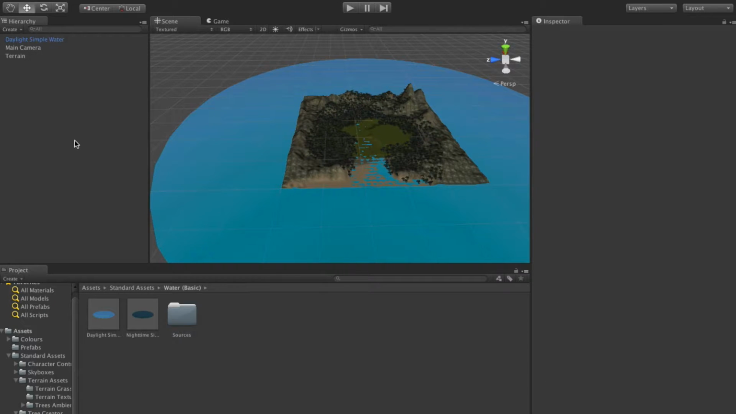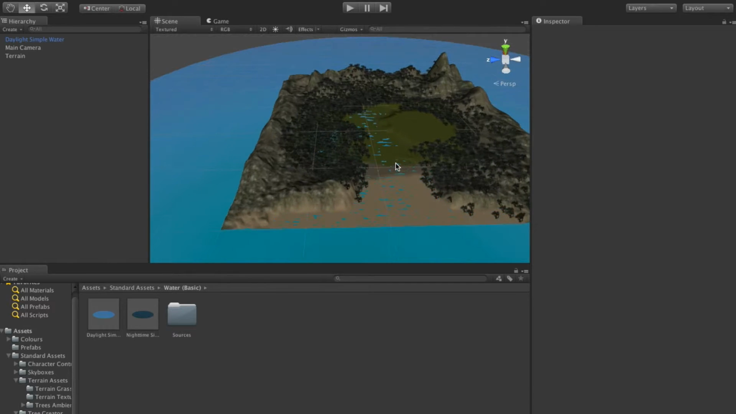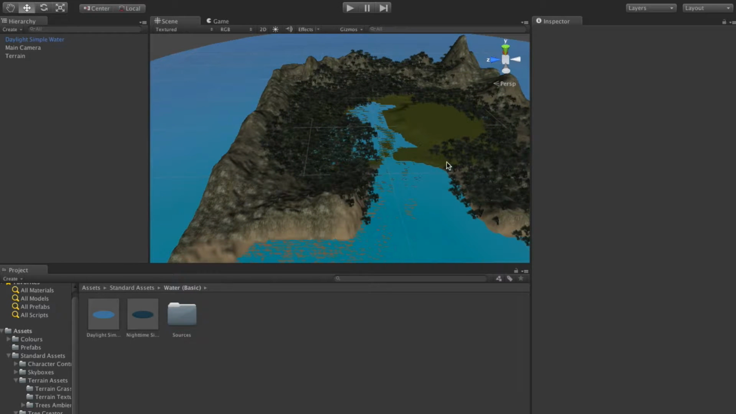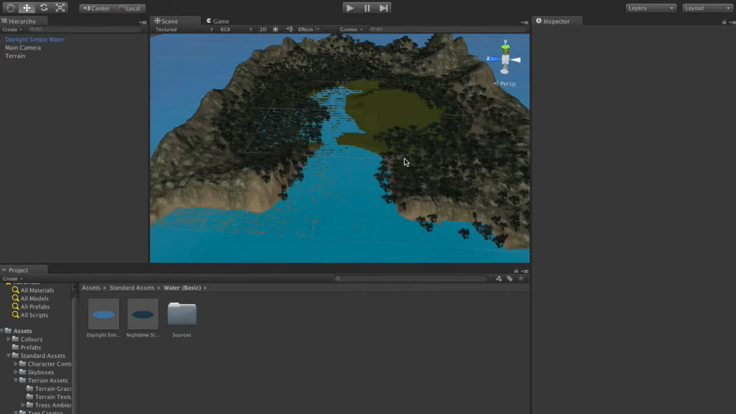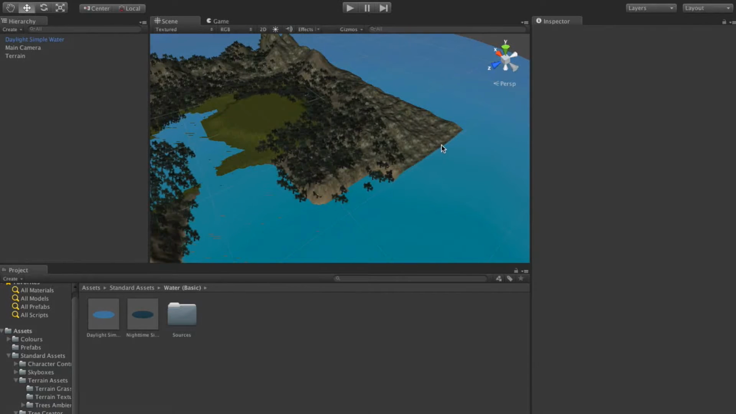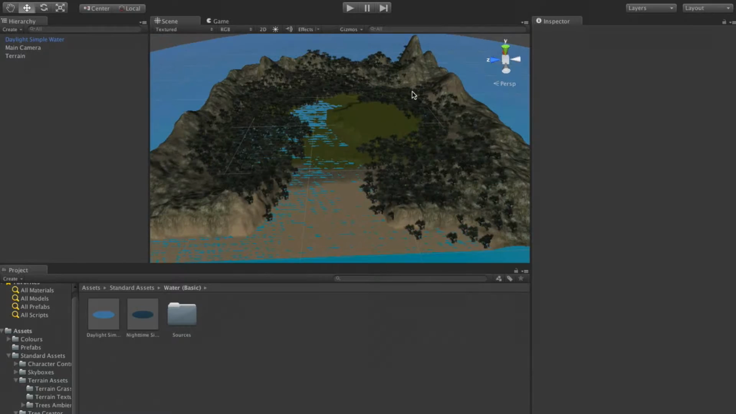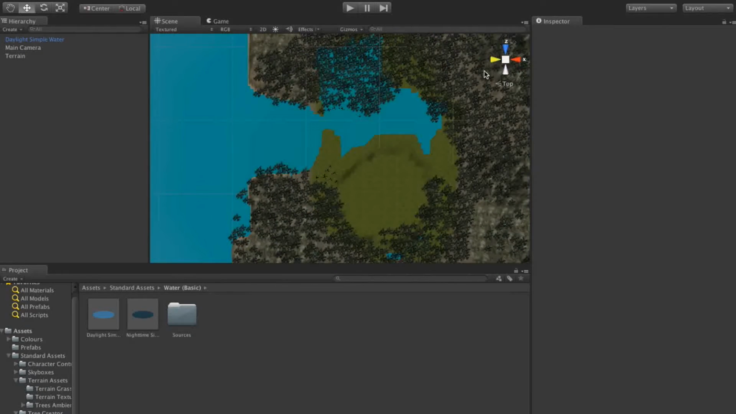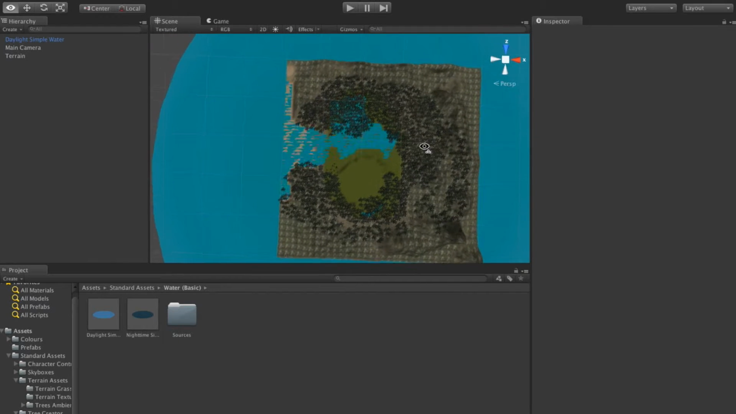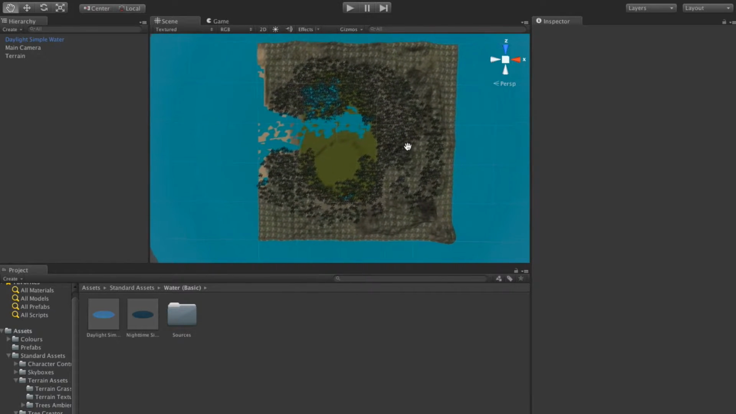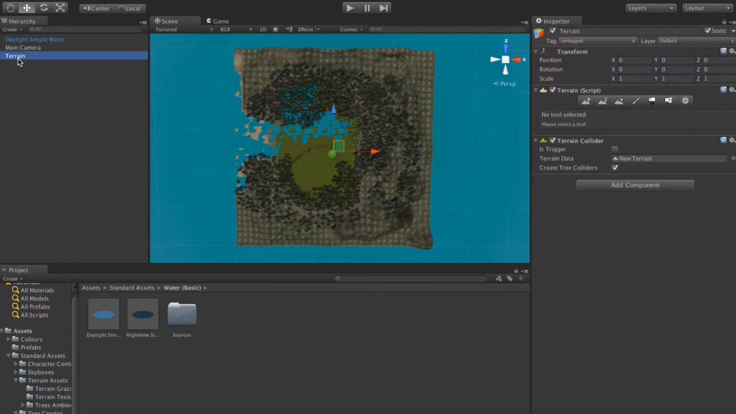Now, if I click outside, as you can see, some of my water is above the terrain. So what we need to do is actually lift our whole terrain up, and then the edges will sink into the water so it actually looks like an island. So first thing I'm going to do is go top down. So I'm going to hit the little Y there. I'm going to zoom out and I'm going to click on terrain,